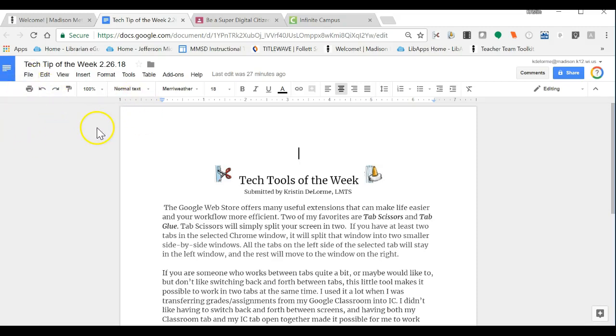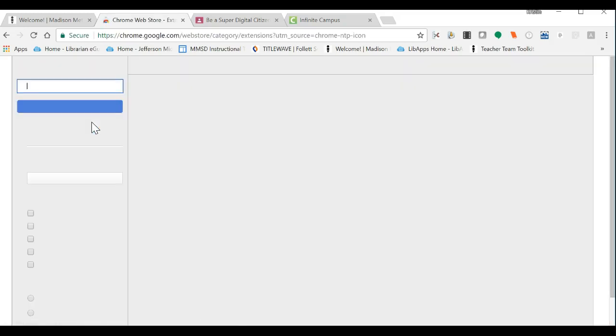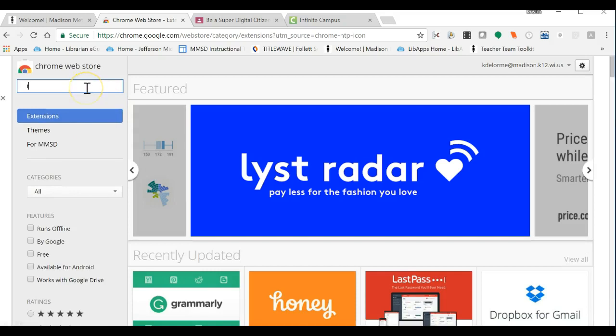So I'm working on my laptop at the moment, and I'm just going to go over here to my apps options, the pretty colorful waffle. When I click on that, I'm looking for the Google Web Store. If you have more than one page of apps and this isn't showing up, you can go down here and look at your other pages, but it should show up on your first page. You go ahead and click on that, and then I can do a search in the web store for any extension or app that I'm looking for. So I'll just type in Tab Scissors,